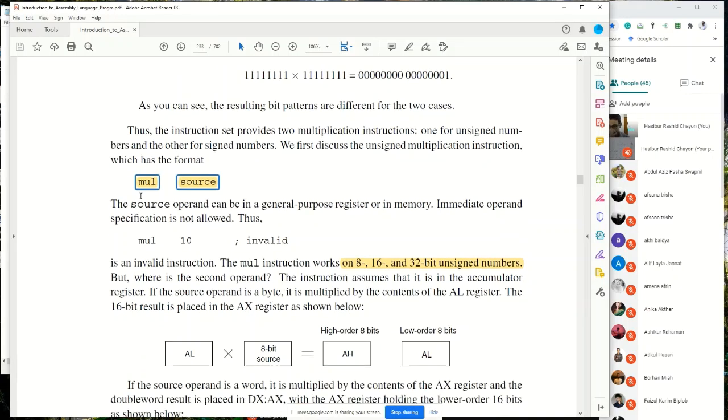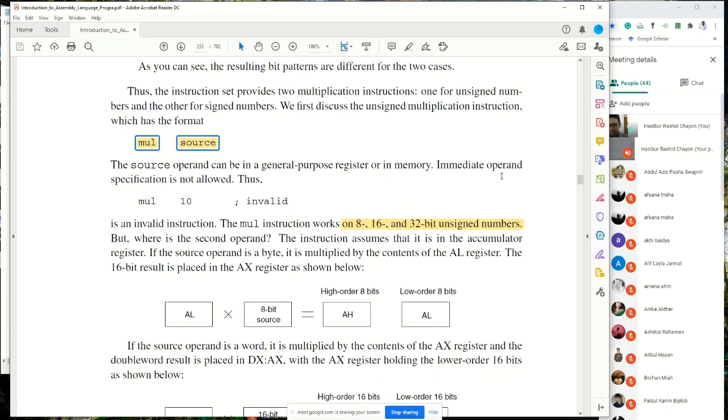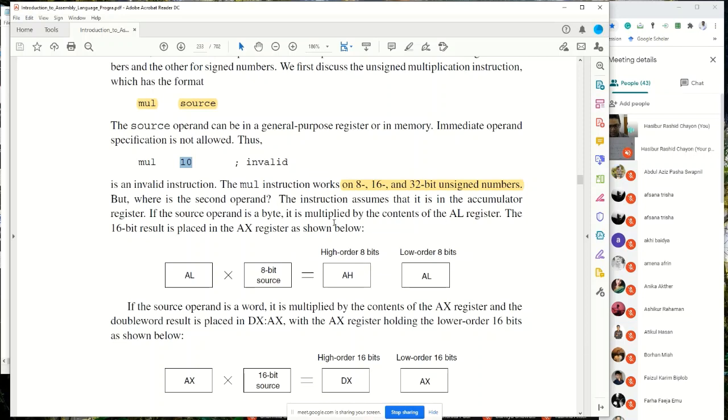Okay, and this multiplication can be done in 8-bit, 16-bit, and 32-bit. These three types of multiplication are done by this instruction. One more thing: an immediate operand is not actually allowed, so you cannot write this. It must be a memory location or a register. All right, so let's see these three types of